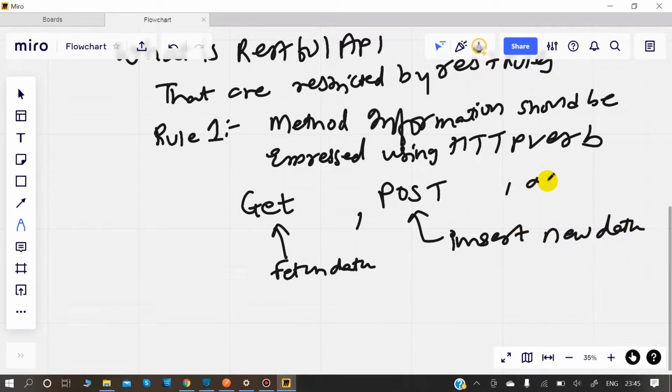There is something called DELETE to delete data. Right? That's what rule number 1 says, that you use a particular HTTP verb to do a particular type of action.